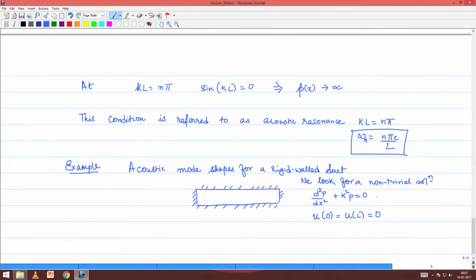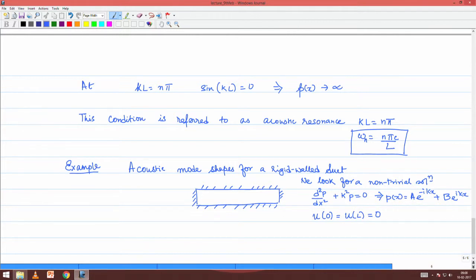So, as usual we understand that the general solution of this, p of x, will be A e to the power minus i k x plus B e to the power i k x. So, this goes like without any fuss. Whenever we see the one dimensional wave equation, the general solution is in this form, which we have repeated time and again. A and B are the undetermined constants. So, if we could find A and B, then we would have satisfied. For trivial solution we would have A equals to B equals to 0, that is not of our interest.